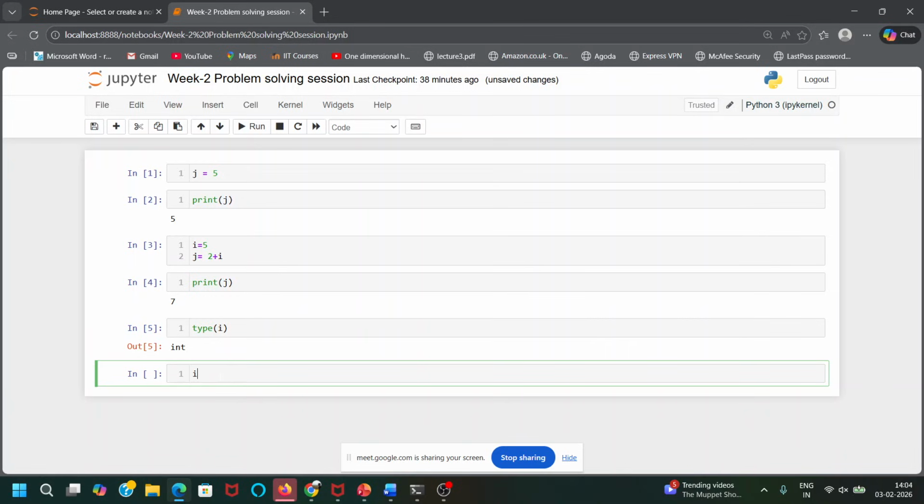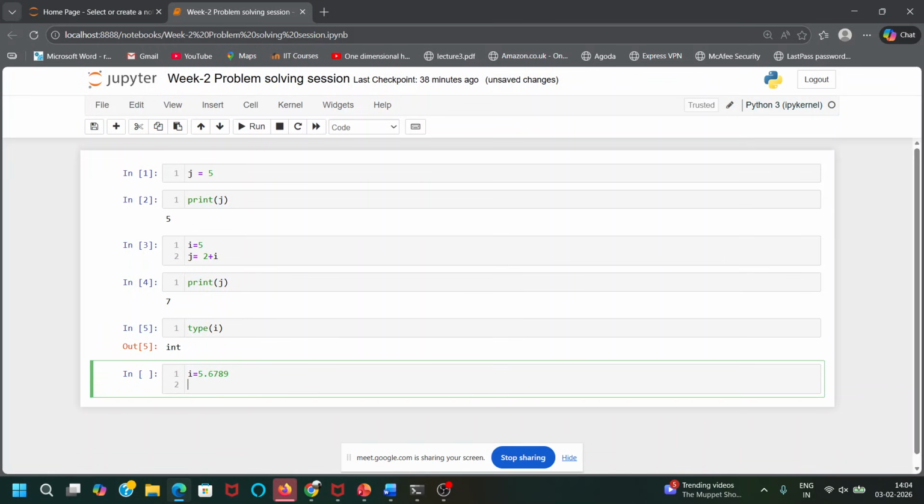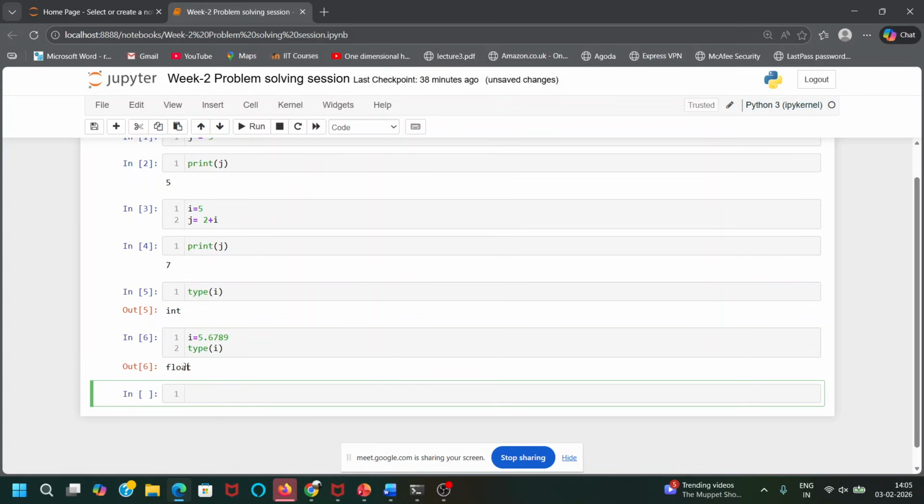Now if I define I is equal to something like 5.6789, and then check the type of I again, you can see here the type of I is float because there is a decimal point.